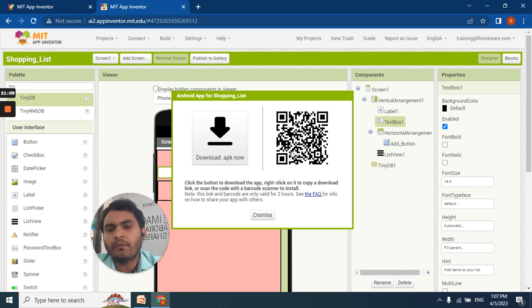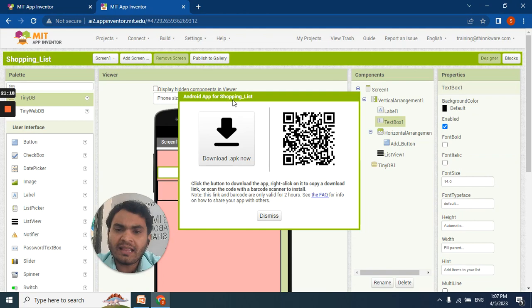For that we need to download this app from the Play Store to our phone. Here we get Android app for, and then the name of your app, Android app for shopping list. Now I am going to scan this using the QR and barcode scanner app.